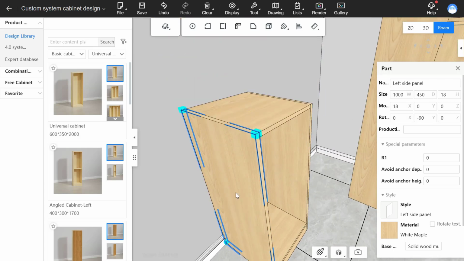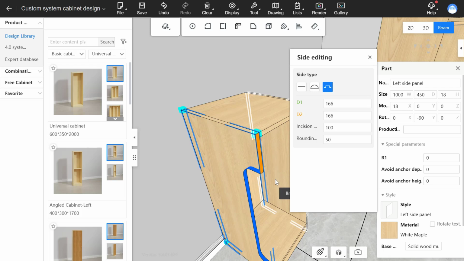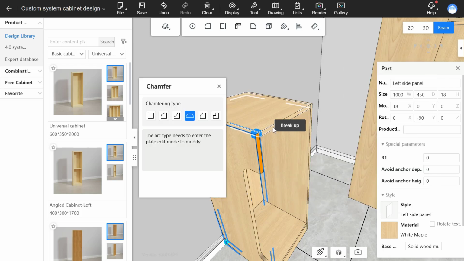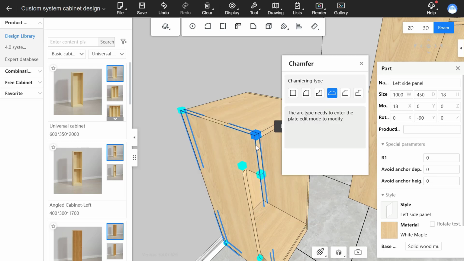Let's select a panel, and if you want to make a slot on it, you can select one side. And here the side editing function shows up, and you can make a slot through this one. And also, when you click the point, you can break up the point. And also, for the 2D mode shape editing function,